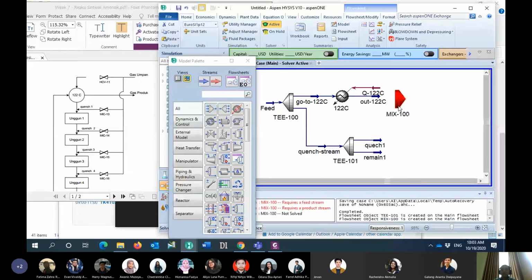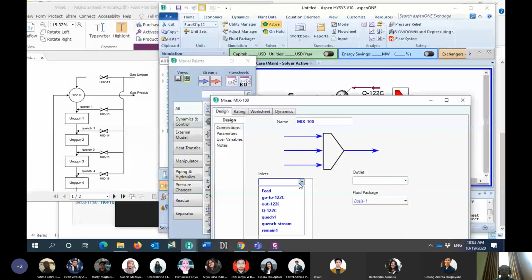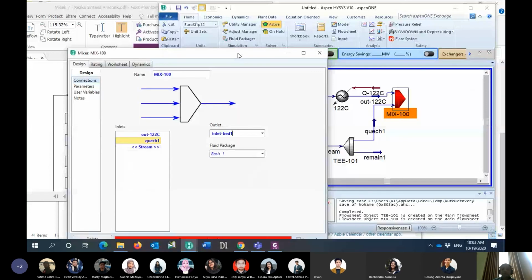We will combine the outlet of E-122C and quench number 1 into the inlet of bed 1.